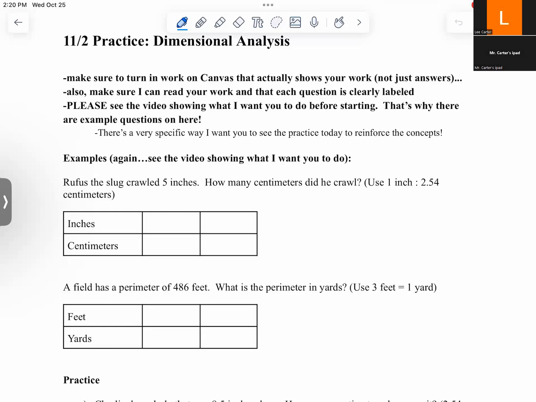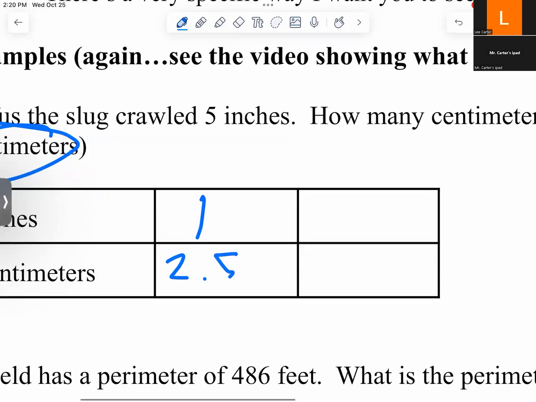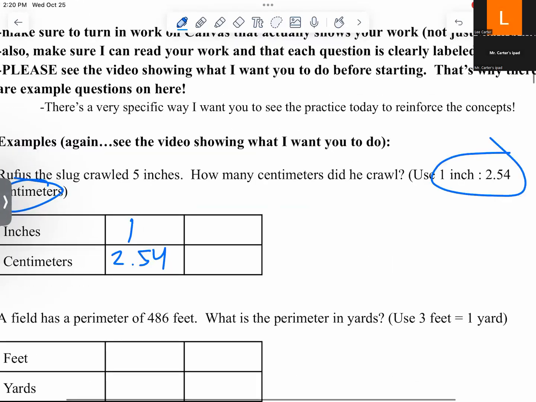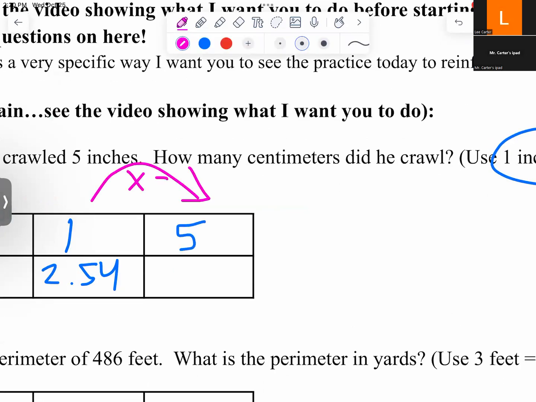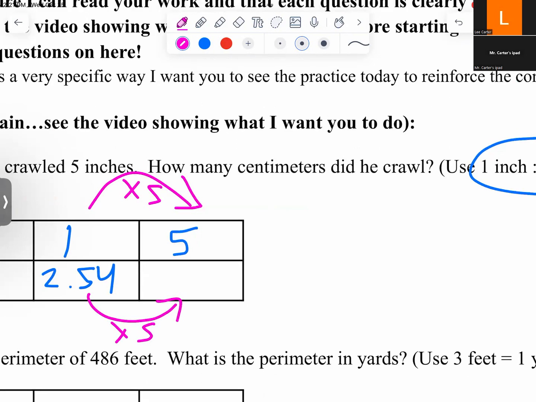Okay, so Rufus the slug crawled 5 inches. How many centimeters did he crawl? On each one of them, I'm giving you the conversion to use. Write that one down first: 1 inch, 2.54 centimeters. So Rufus went 5 inches. We're going to see 1 to 5 is 5. Then we have to do the same on the bottom that we did on the top. So we're going to do